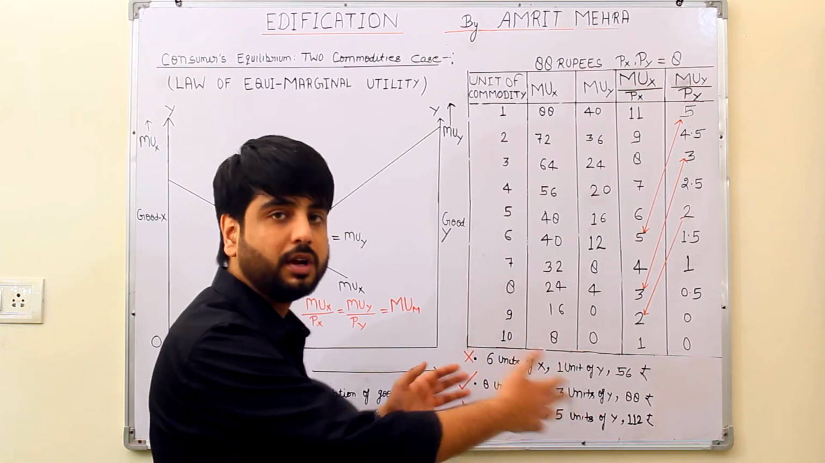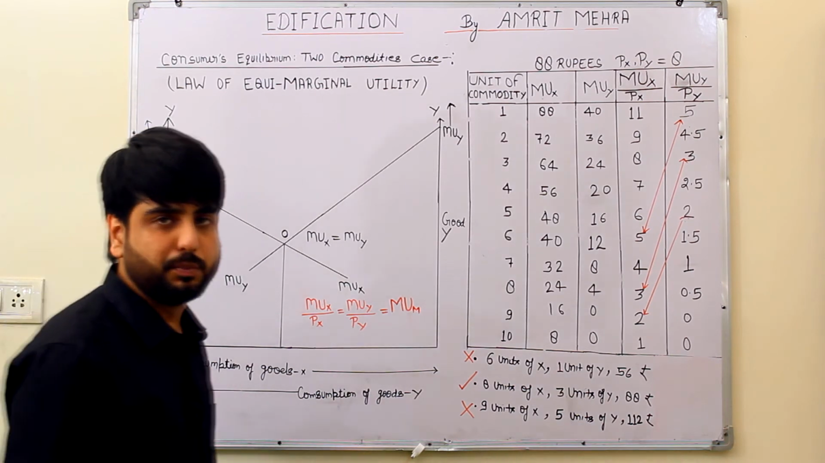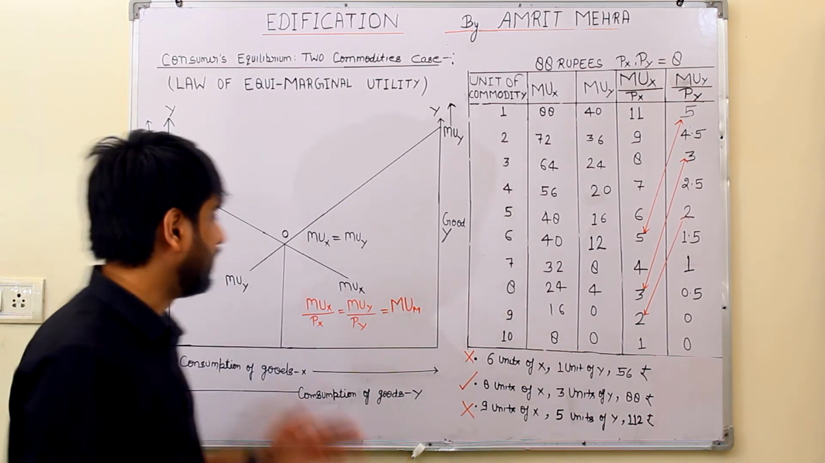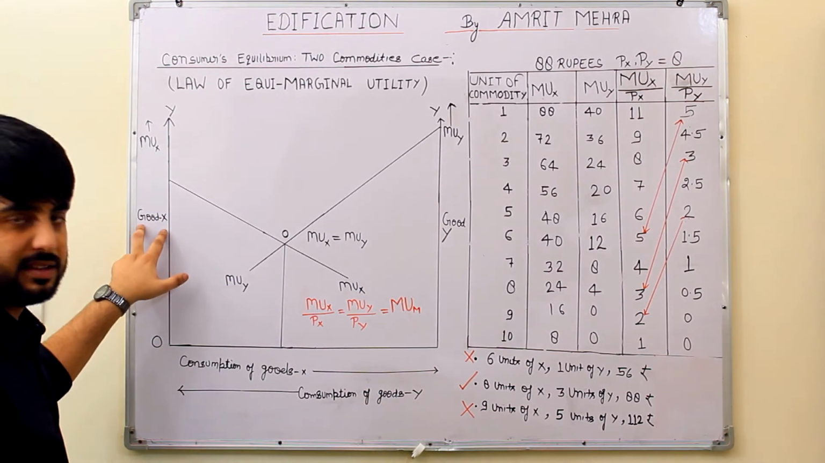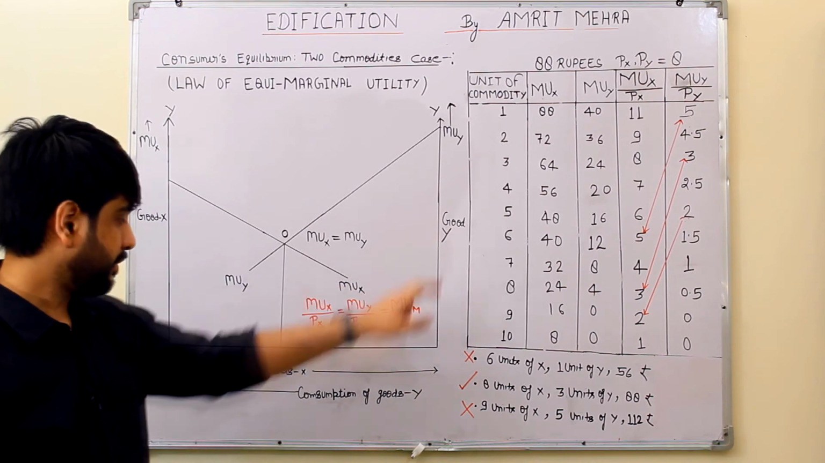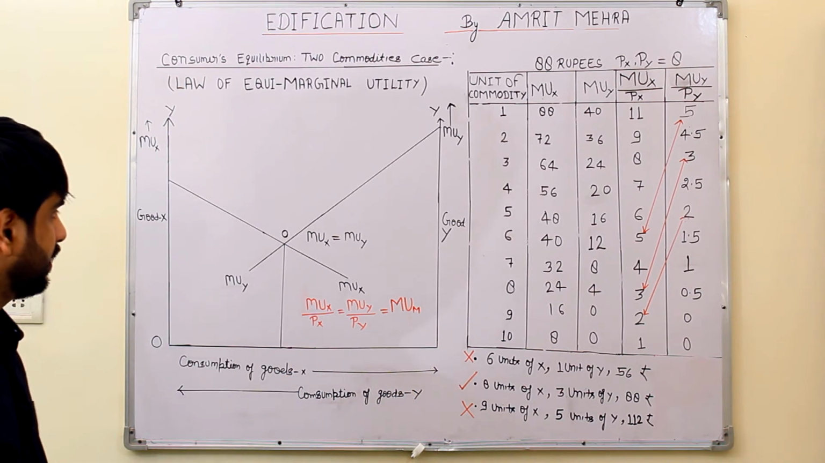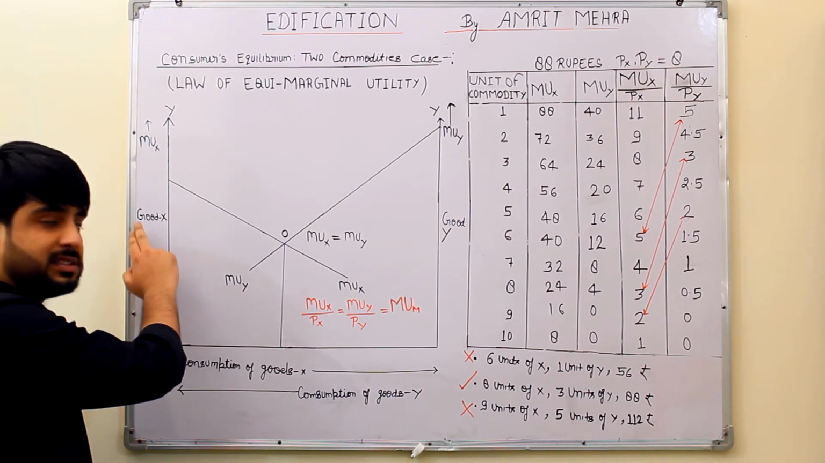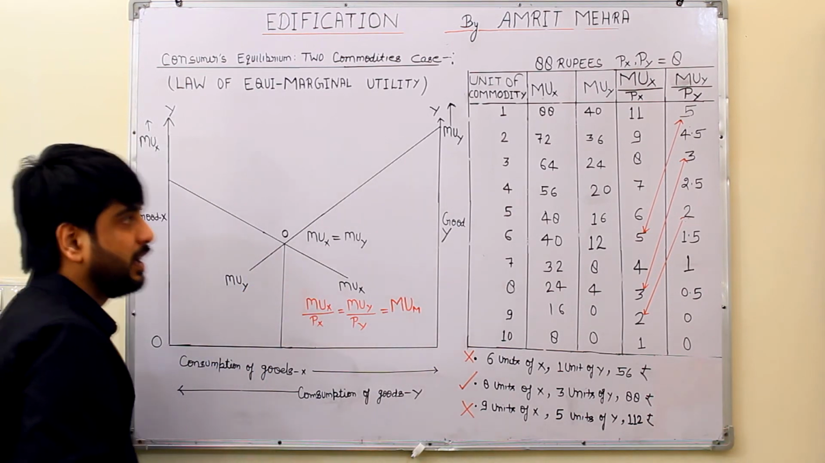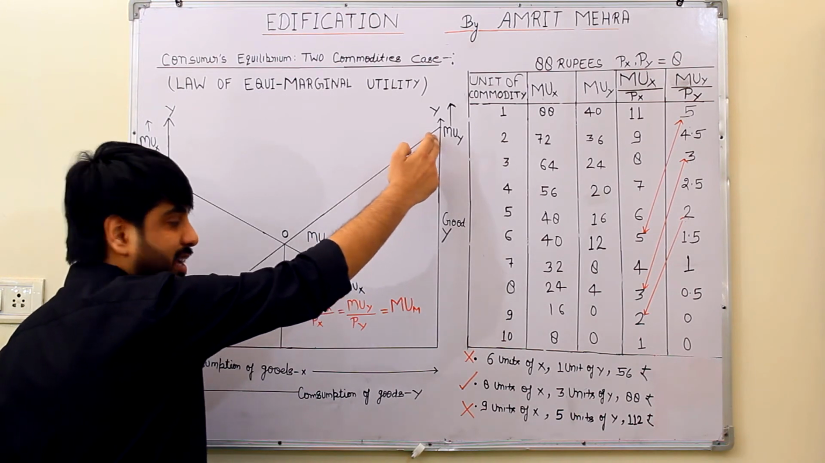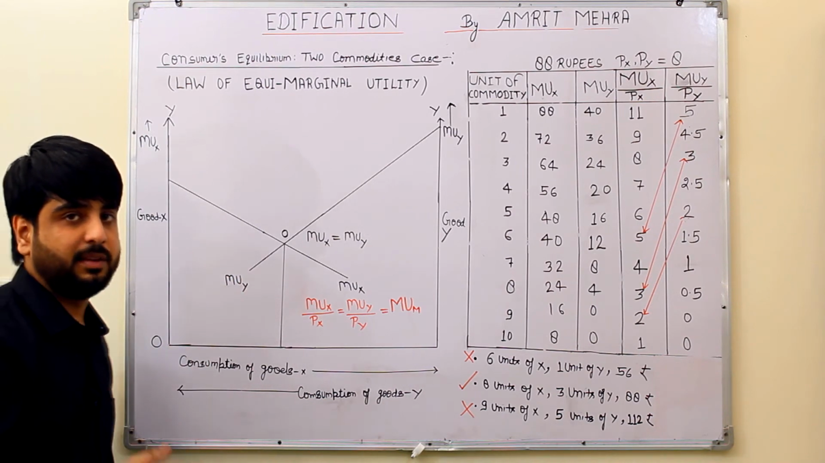Let's show this on a graph. This is the only graph in the book where you have to show the y-axis on the left as well as on the right. This is for good X and this is for good Y. The number of units you are showing on the X-axis. The utility that we get from the consumption of good X is falling down. The utility that we get from consumption of more units of Y commodity is also falling down. The point where they intersect is the point of equilibrium,